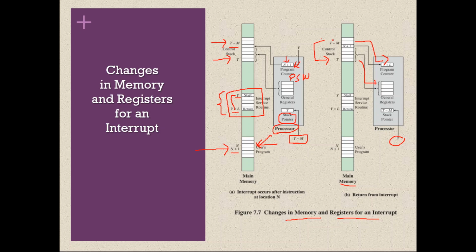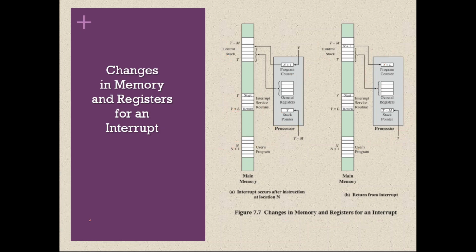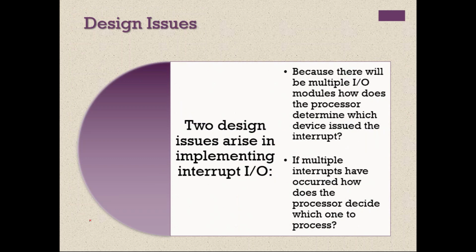Okay, and now what will be in the program counter? It will be n plus 1, because previously when the interrupt occurred, at that time it was executing the nth instruction. So now the program counter is n plus 1, so it will start executing from the n plus 1th instruction, right? This is how interrupts are handled through interrupt driven IO. It's a general interrupt service routine which we have discussed several times. I think it's clear, right?